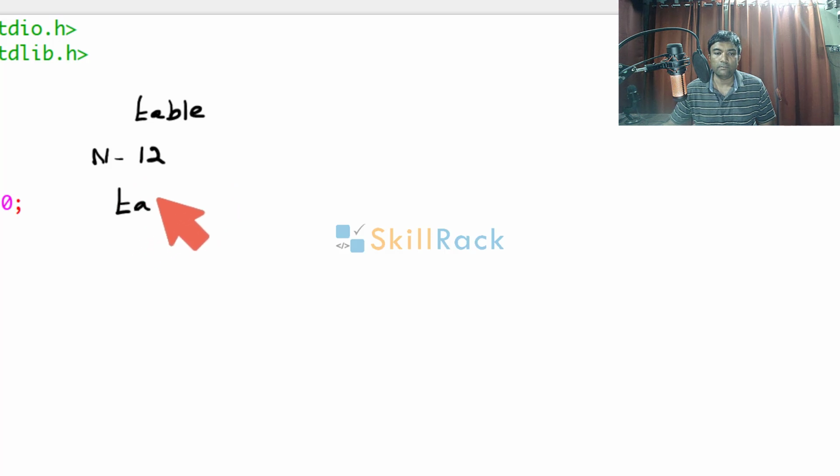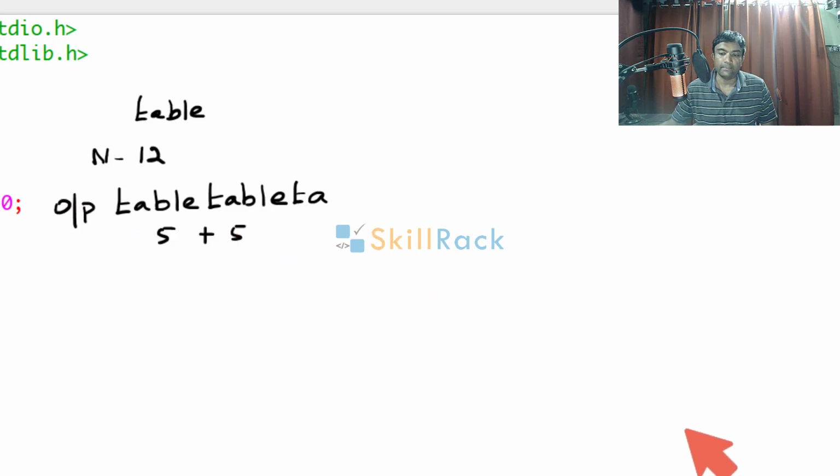So first we print table because it has only 5 characters. So we have printed 5. So we will print table one more time. So now how many characters have we printed? We have printed 10. 5, here 5 and here 5. So 5 plus 5, 10. How many more characters are remaining? 12 minus 10. It is 2. So we must print only TA. So the output of the program must be table TA.